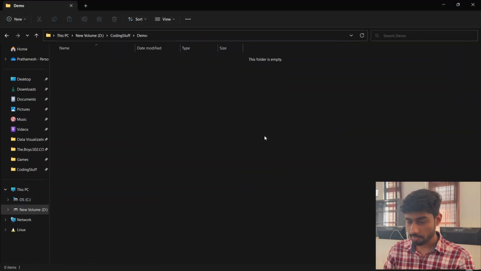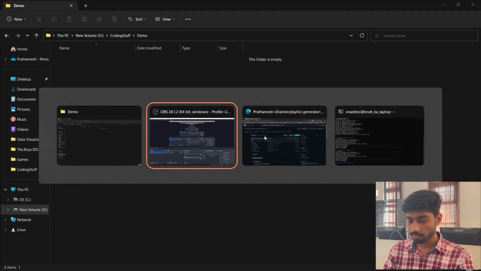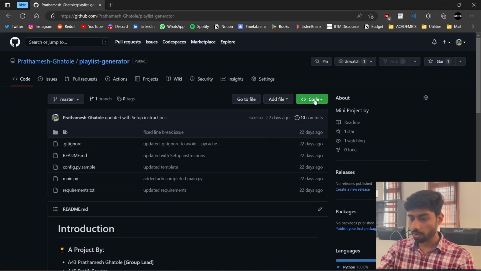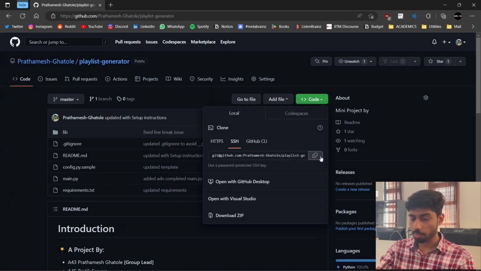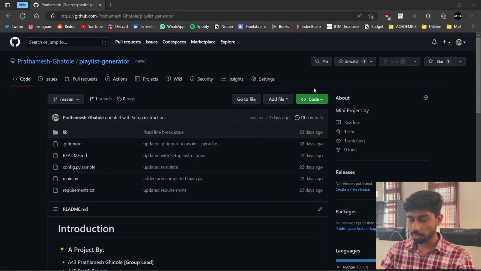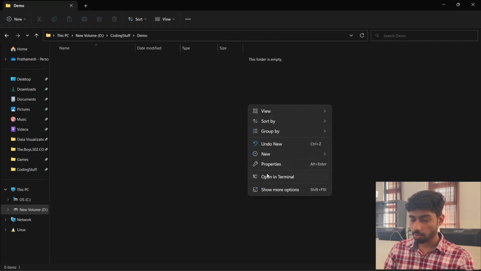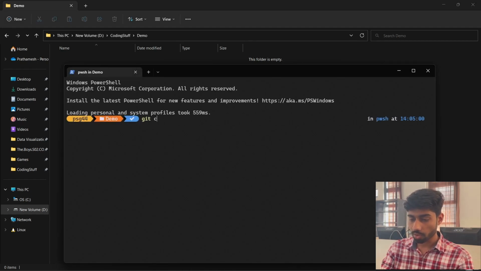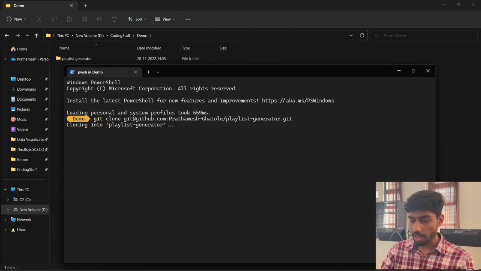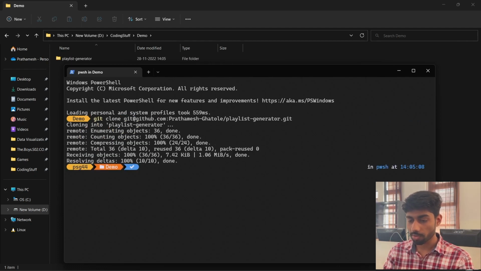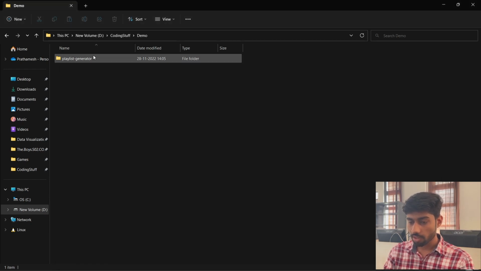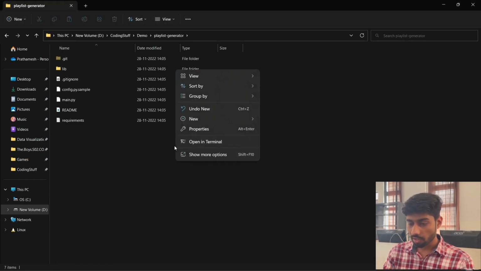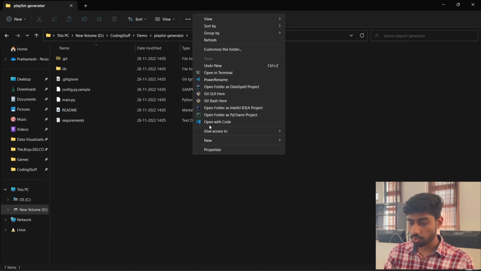So first of all, we just go to my GitHub profile and copy the link to the project from here. Now we just open a terminal, and in that terminal we'll run this command git clone. What this command does is that it takes the whole project from GitHub and then clones it locally onto my Windows machine. Once that's done, let's just go into the project and open the project in Visual Studio Code, because it's far easier to work in Visual Studio Code.